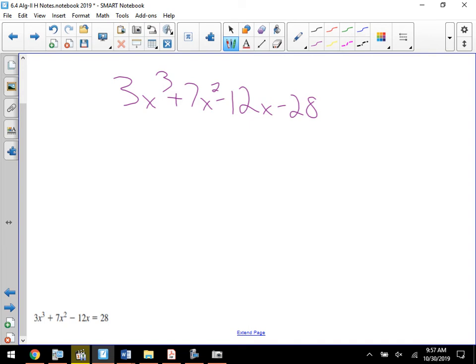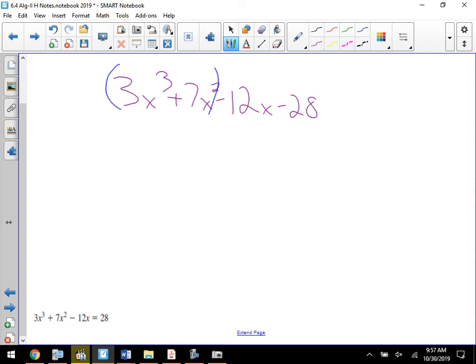All right. So 3x cubed plus 7x squared minus 12x minus 28. You've got 4 terms in your third degree polynomial. Any and every time you see 4 terms, no matter what the degrees are, I always want you guys to try and factor via grouping. It's kind of, like I said, a dead giveaway of what to do. So if you try that,